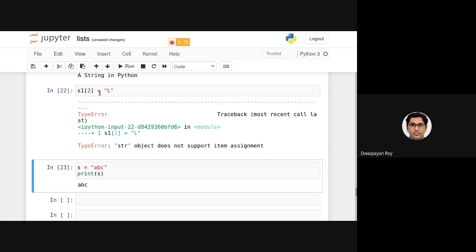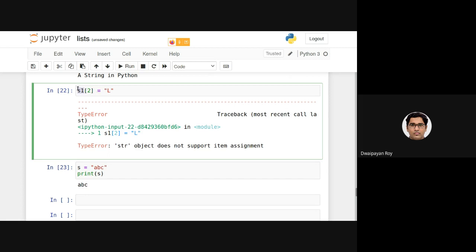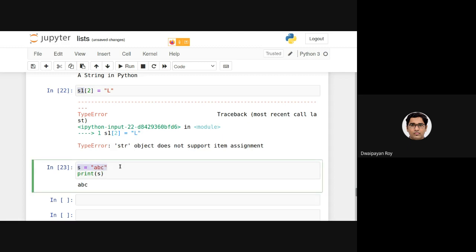The problem is this S1 is already initialized. And here what we are doing is we are considering only one item, or more formally, one character in this existing string. Here we are declaring a new string altogether.